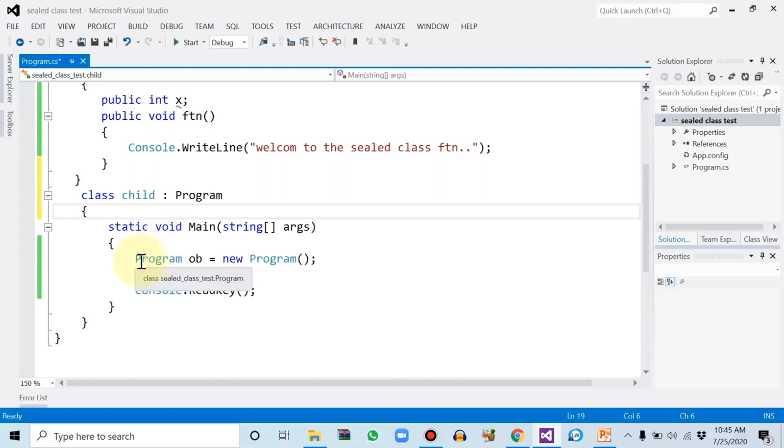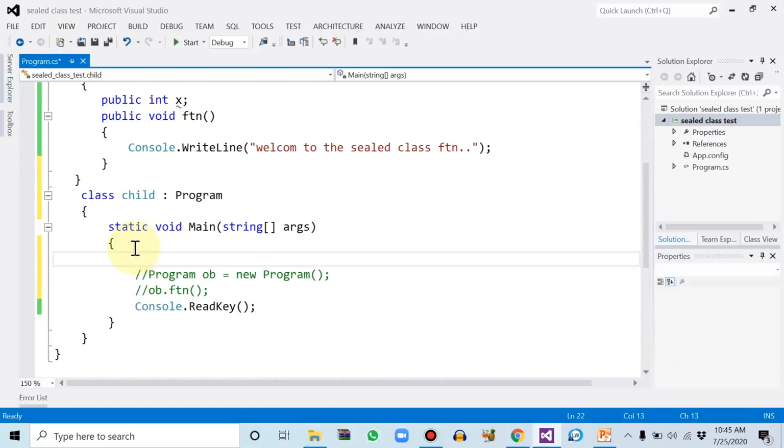and let's create the object of the child class. Let me create the object of the child class and try to call the sealed members with the help of the child object.